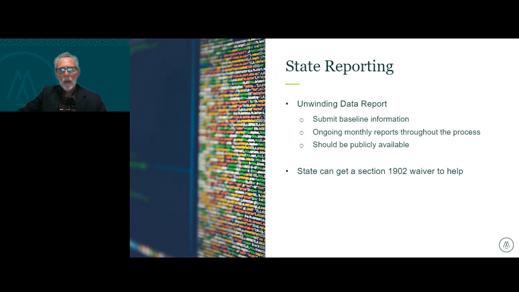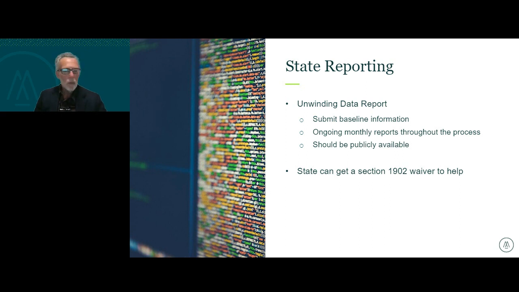Also, part of this is transparency and recognizing that there likely will be delays, but there was a new section added to the Social Security Act calling for the requirement for states to submit monthly reports during the period April 1st, 2023 through June 30th, 2024 about their activities related to this eligibility redetermination process.